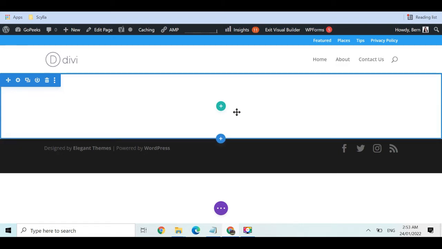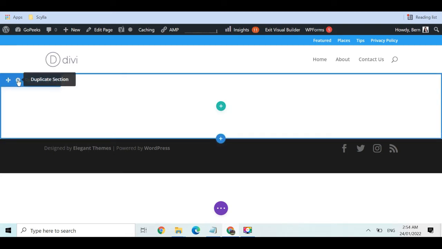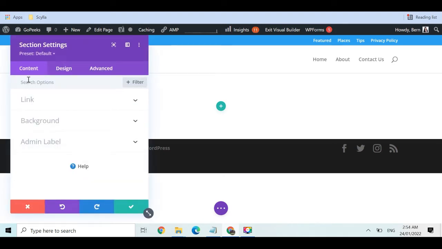So using Divi, the first thing that you can do is to create a section. That section is where you can create rows or insert modules. So let's say on our first section, we want to put a big image as the top image, an appealing picture that will attract more of your visitors. For us to do that, we have to hover on the right side and then click on the settings icon, and then for the design,